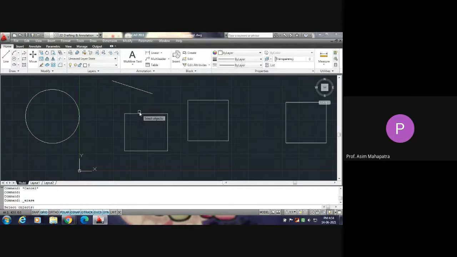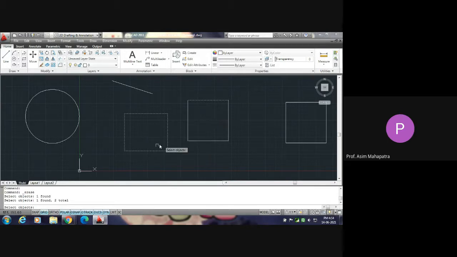Now if you select the line, the polyline, it will be selected. It has been selected for the erasing command. For that line, you click there. Suppose I want that total rectangle to be erased and one line to be erased. So initially I gave the command erase, the cursor changed to selection mode. Then I have selected this square and one line. Now you simply enter.